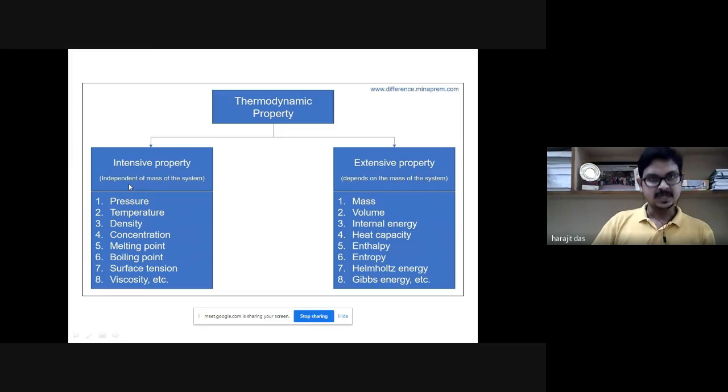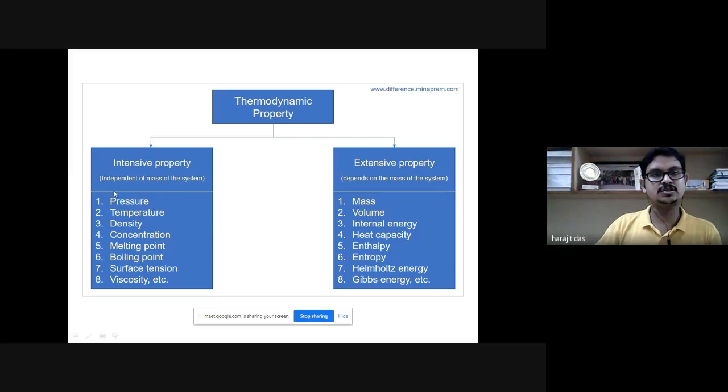So here it is written, so which are the intensive properties? Pressure. Okay, so independent of mass. So for a small vessel also, the pressure may be 1 bar. And for the bigger room also, where you are staying, the pressure may be 1 bar. So here the extent of matter doesn't matter, which means the mass of the system does not